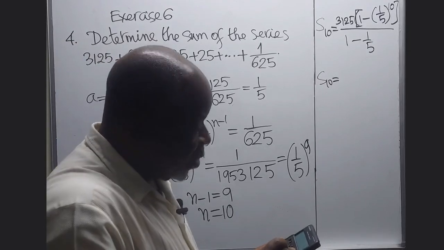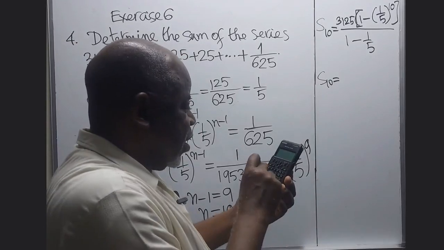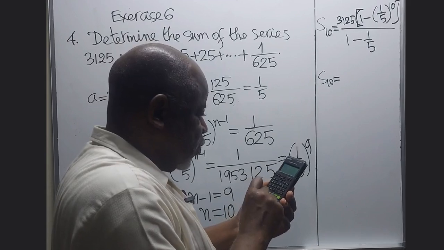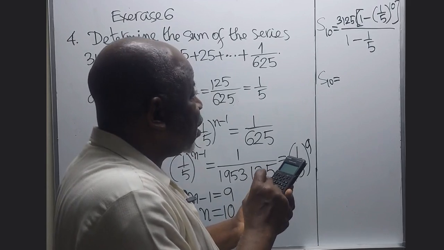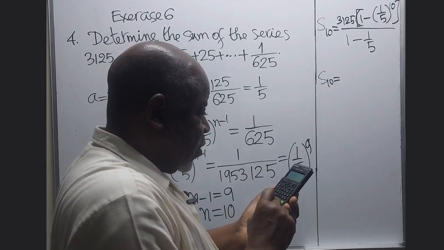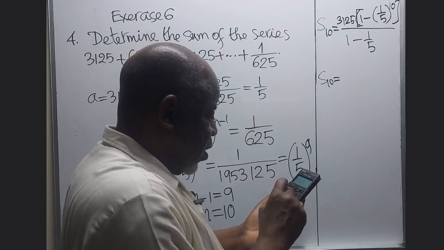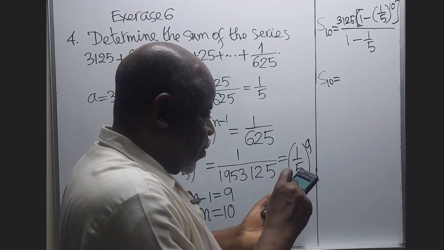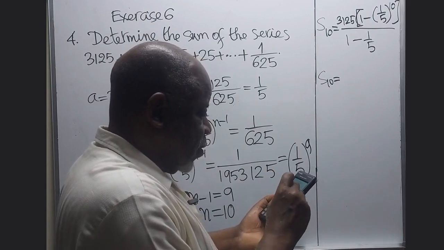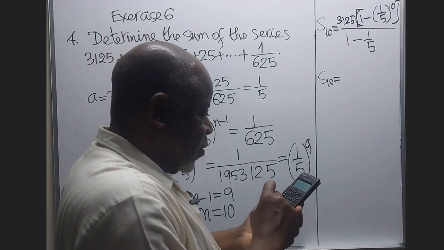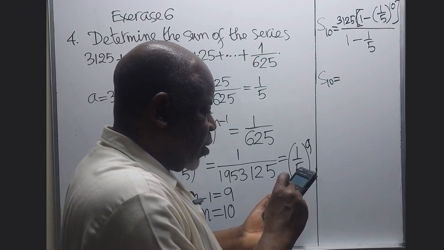Let's calculate 3,125 times 1 minus 1 over 5 to the power of 10,